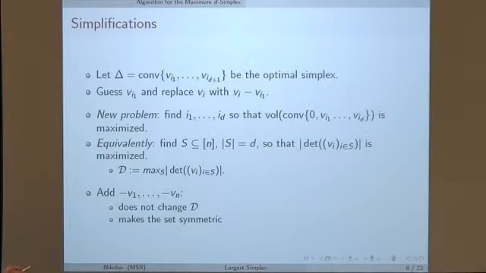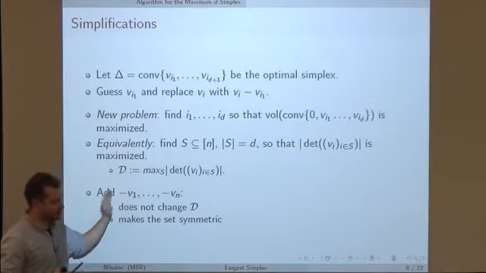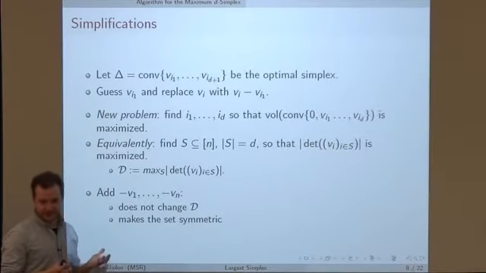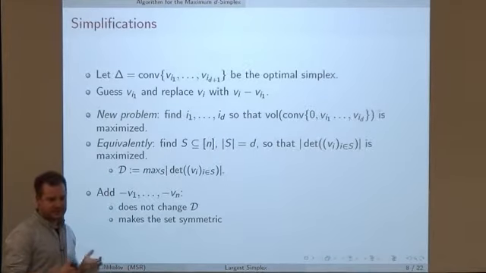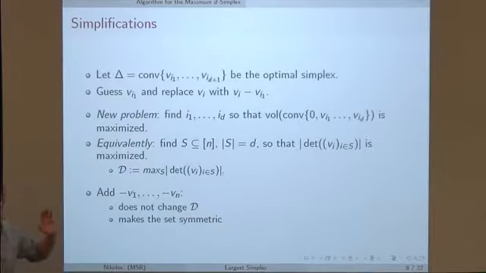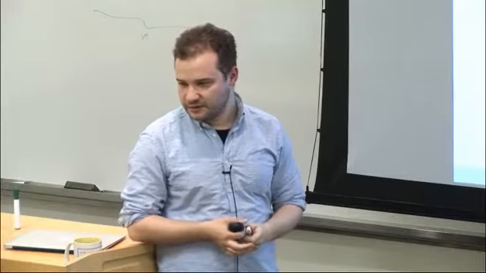Why? Because if we take a submatrix that has both vi and minus vi, the determinant is 0. So for a non-zero solution, we always take either vi or minus vi. But which one we take just changes the sign, and we're taking absolute values, so it doesn't change the value of the optimal solution. If you think of it in terms of the volume,